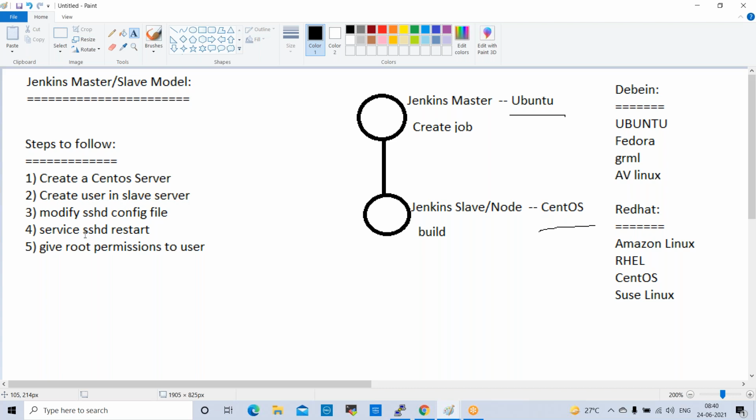While working on integrations, we need to be very careful. If you make a small mistake, it will not integrate with master. So you need to double check when you integrate with master.